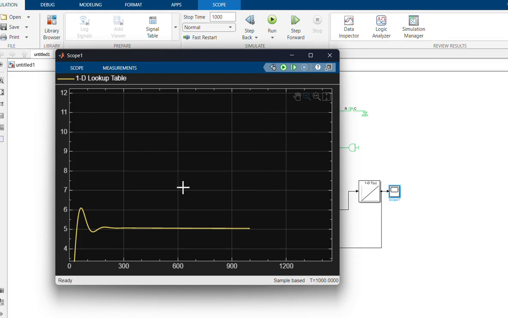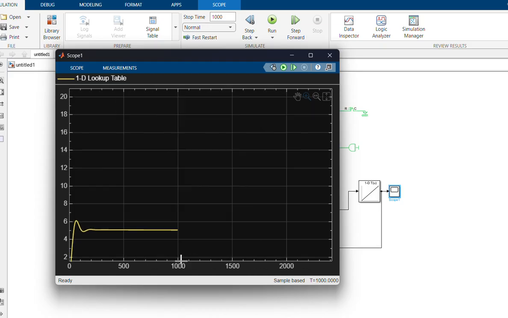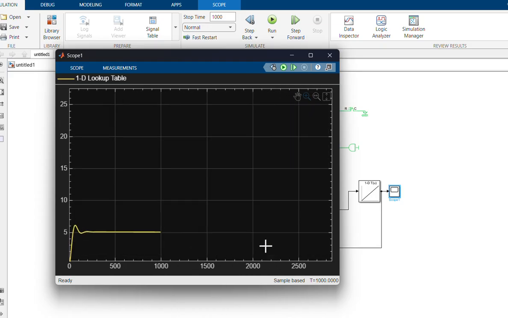Okay. If we want these parameters critically damped, we don't want it to go to the upper side of this one. We can adjust it, but I want this one. After how much time?